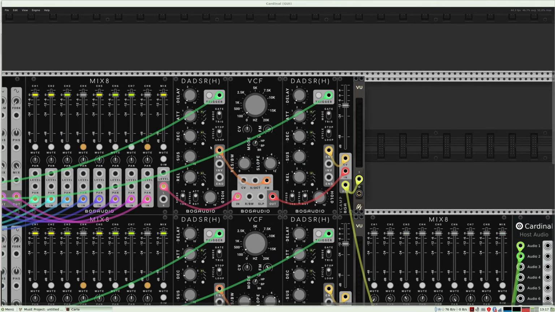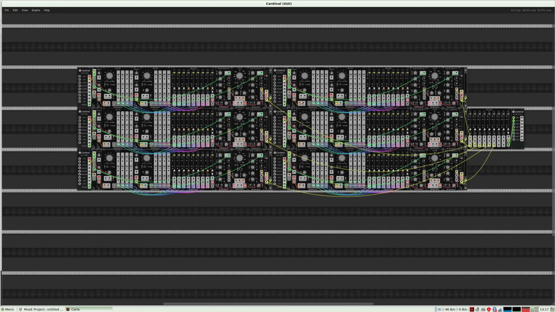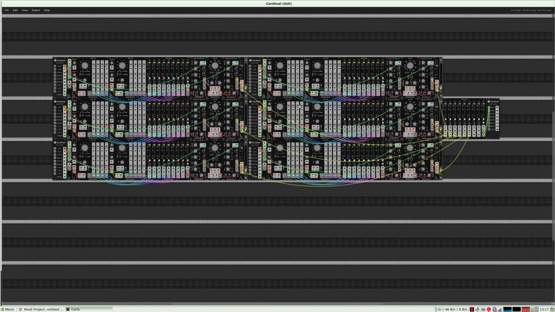Okay, now what have I done here? No, nothing. It's all okay. So this is the 6 synths and the mixing. So leave this by pressing escape.